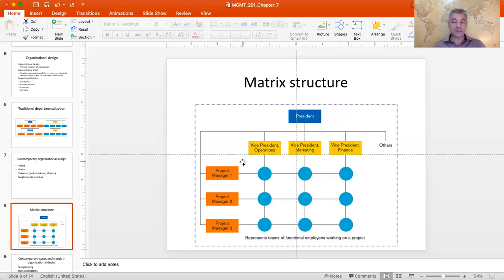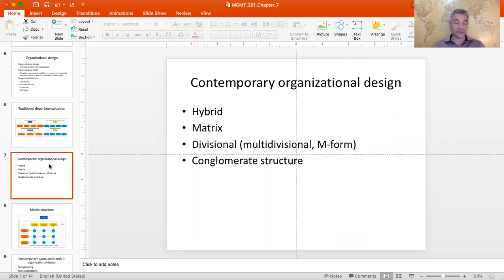authority. Most matrix organizations that I have met in my life were not terribly effective. It doesn't mean that there are no exceptions, but while it sounds wonderful on paper, in real life it's fairly hard to implement. There's also this